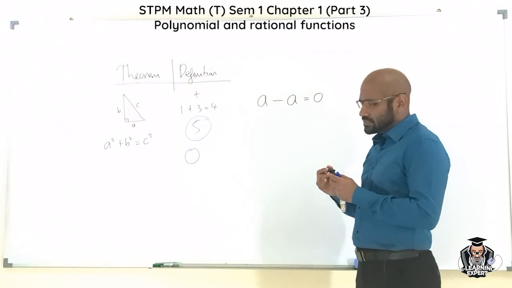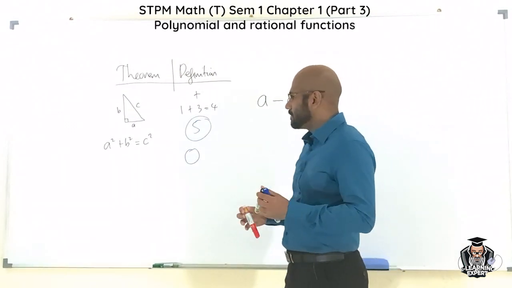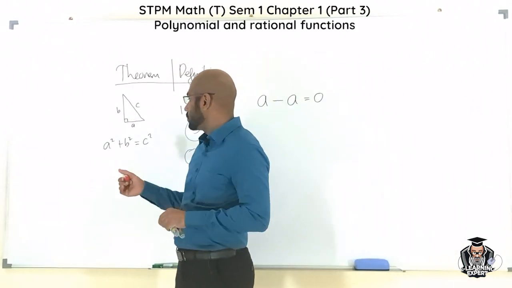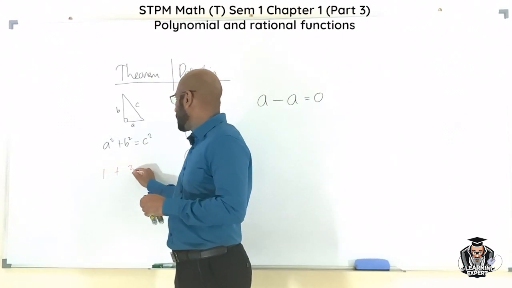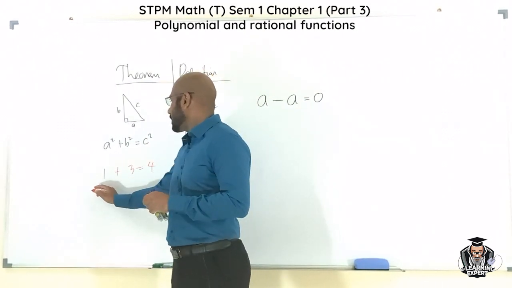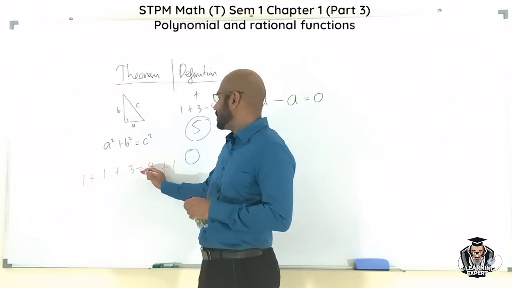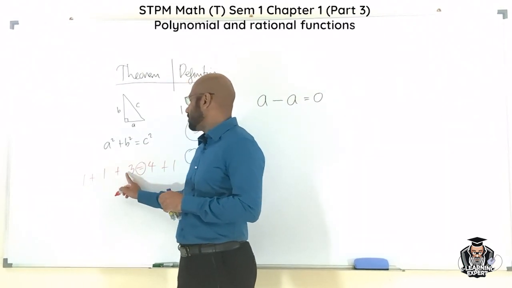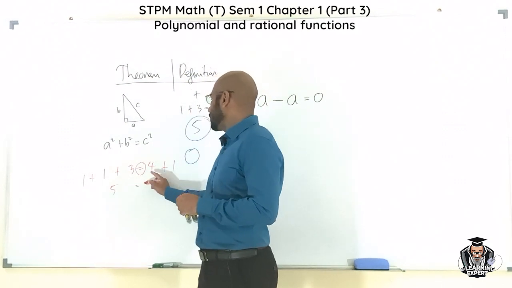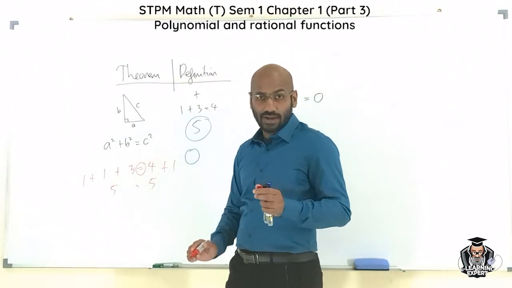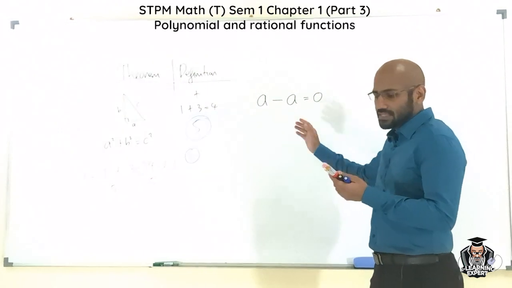Now this is an equation. You guys and girls should understand what is meant by an equation. Whatever I do on the left, I got to do to the right. Let's say I've got 1 plus 3 equals 4. If I'm going to put a plus 1 here, I have to put a plus 1 here. Only then it's balanced. 1 plus 3 plus 1 is 5, and 4 plus 1 is also 5. So from this,